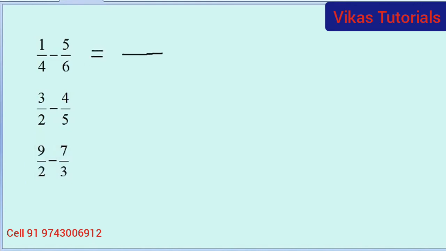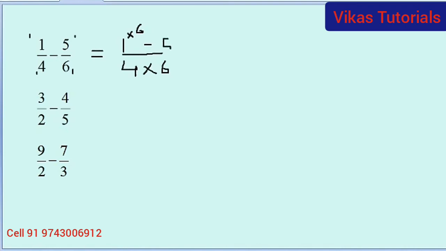Okay, here again we assume that we don't know how to calculate multiplication. So we use the simple trick. 4 into 6, both the denominators we multiply. The numerator of the first number is multiplied by the denominator of the second number. 1 into 6, the sign is minus here. Then the numerator of the second number is multiplied by the denominator of the first number.